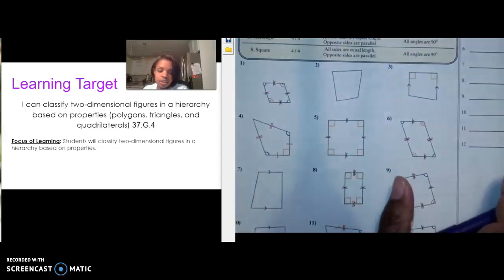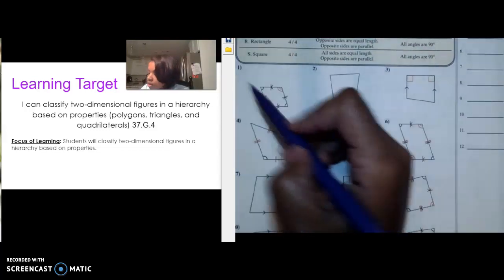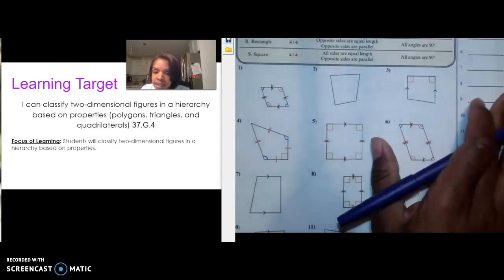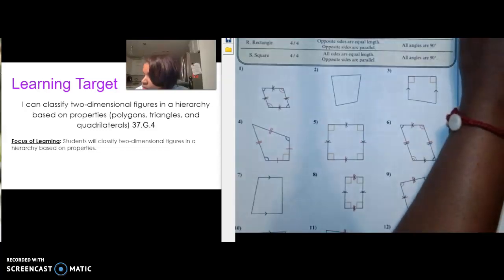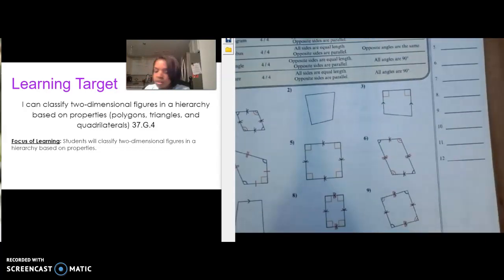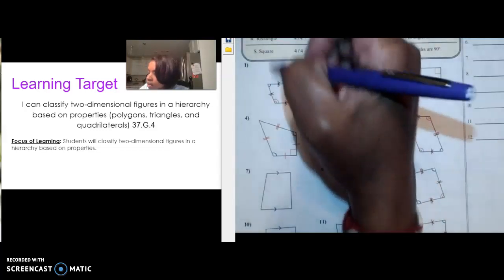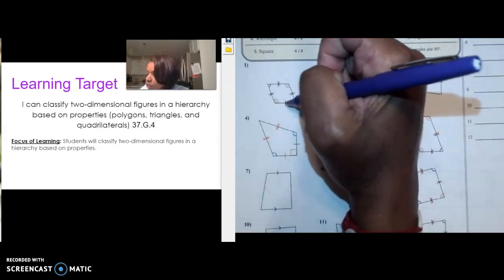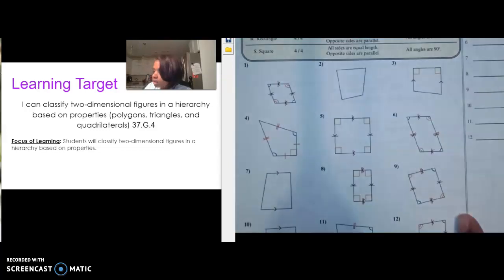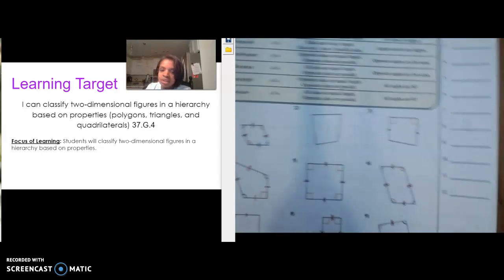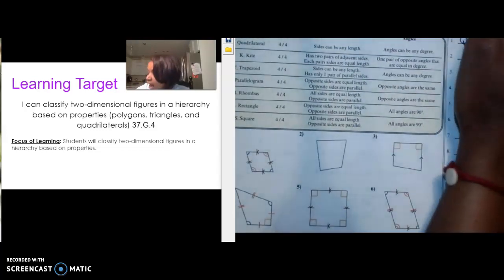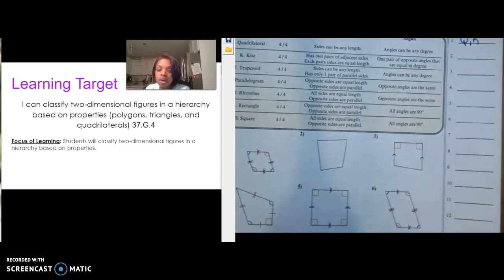The first thing that I notice is this is a four-sided shape. So 1, 2, 3, 4, that makes number 1 a quadrilateral. Okay, so for number 1, I'm going to put a Q for quadrilateral. The other thing that I notice is it has 4 congruent sides. Okay, so because those sides are congruent, I know that it is a rhombus because a rhombus has 4 congruent